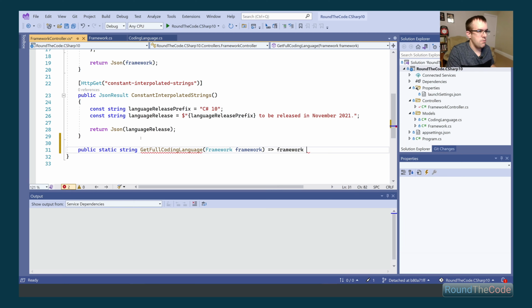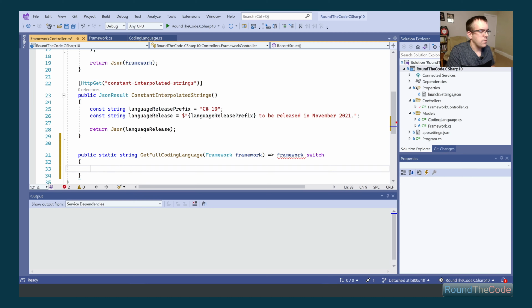What we're going to do here is a switch statement. So we're going to pass in coding language, and we want to do a nested condition here. So if the coding language in our framework instance is C#, then we're going to return a string of C#, but as the word.